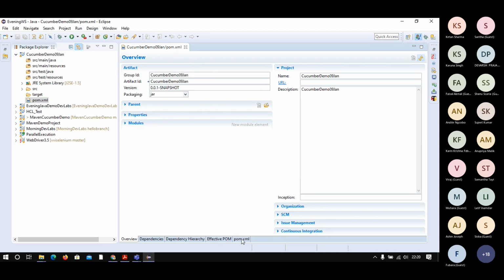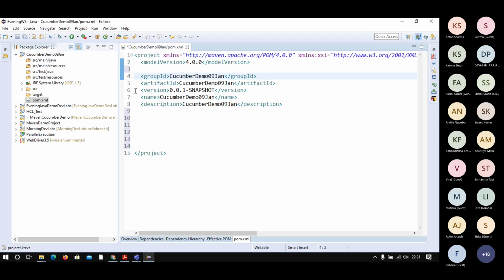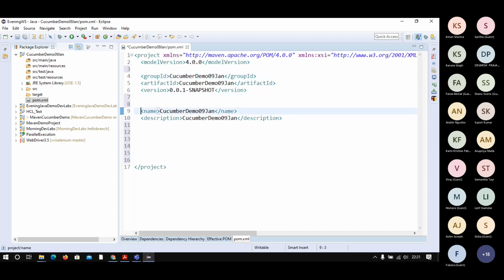Click on the last tab, that is pom.xml, and you will see the structure of the pom.xml like this. First is project, and under project you will see the main things: group ID, artifact ID, and version. You get the information which we gave at the time of creation, and the name and description also.